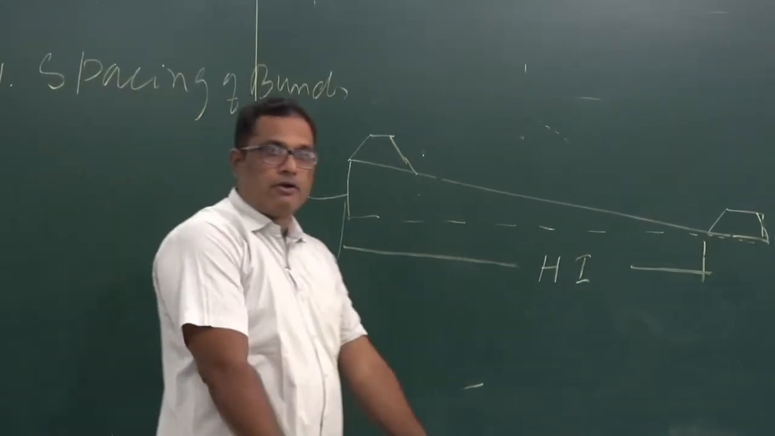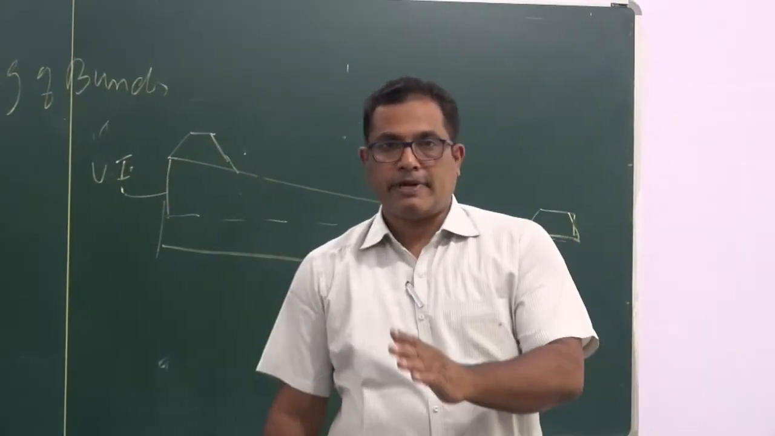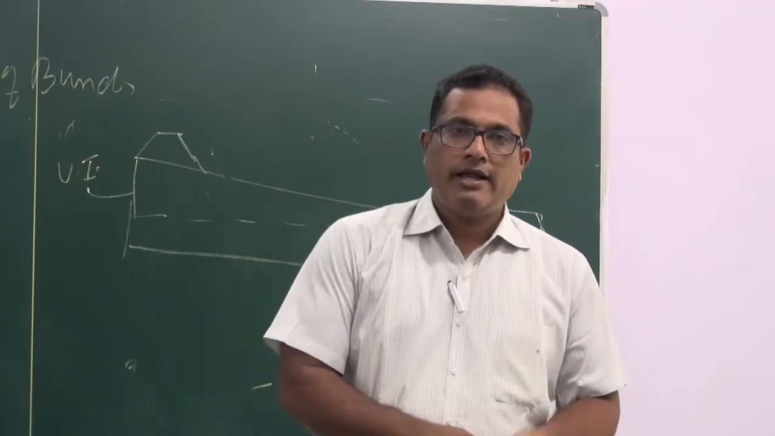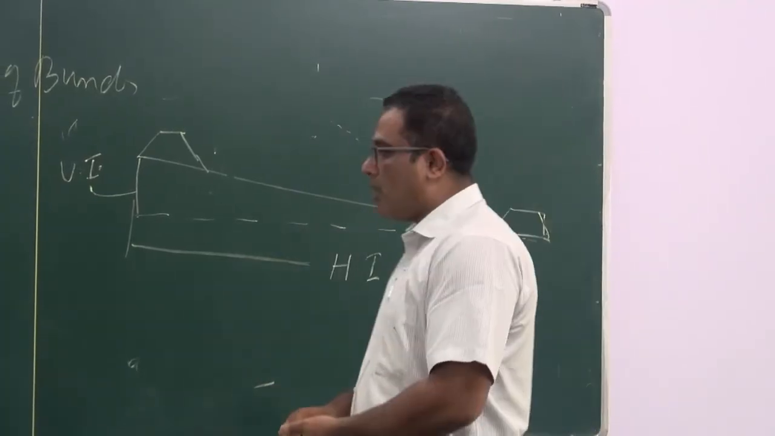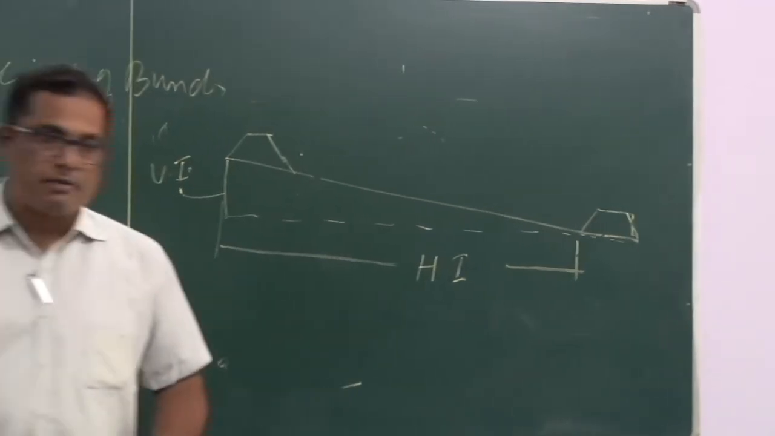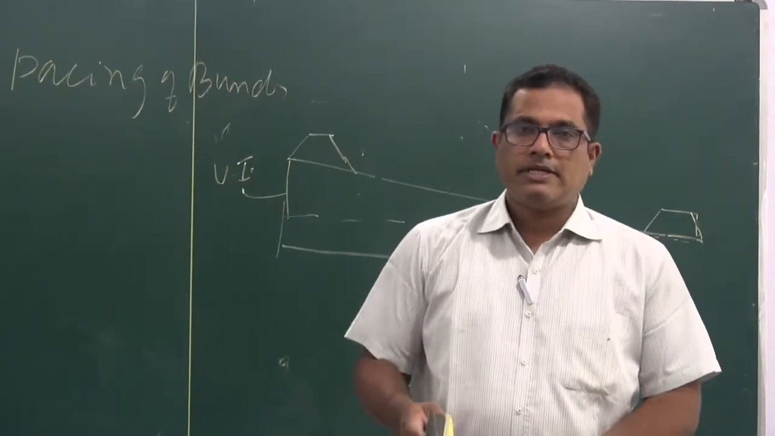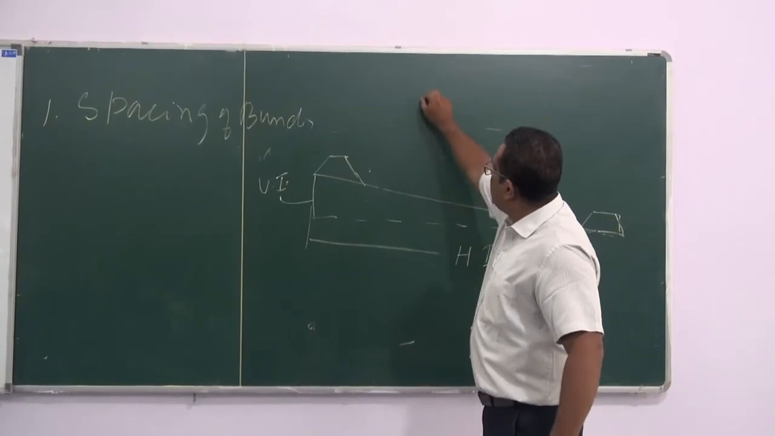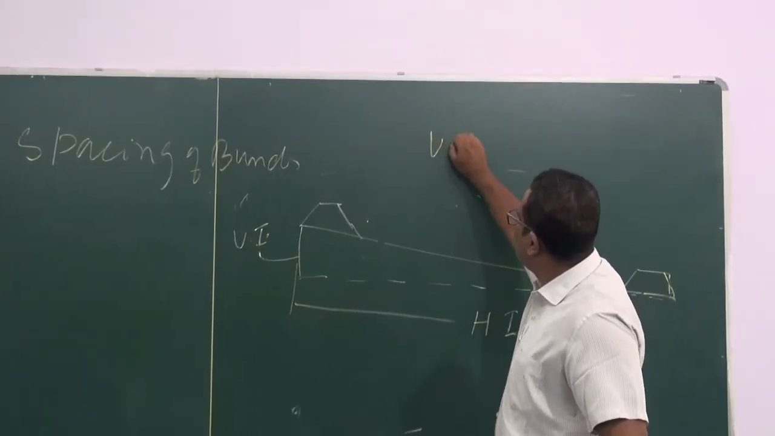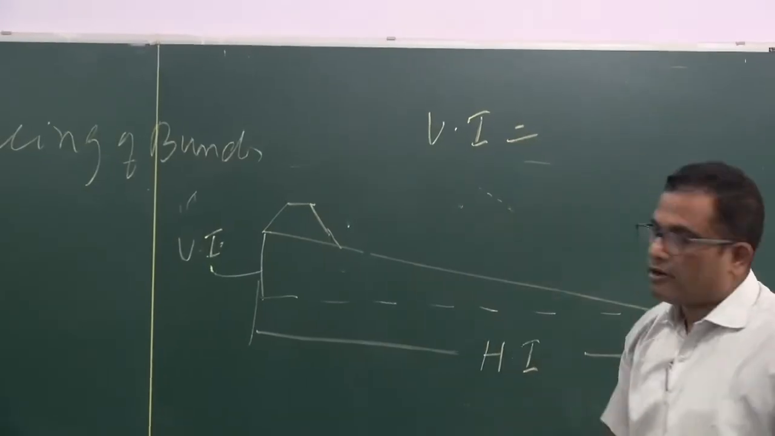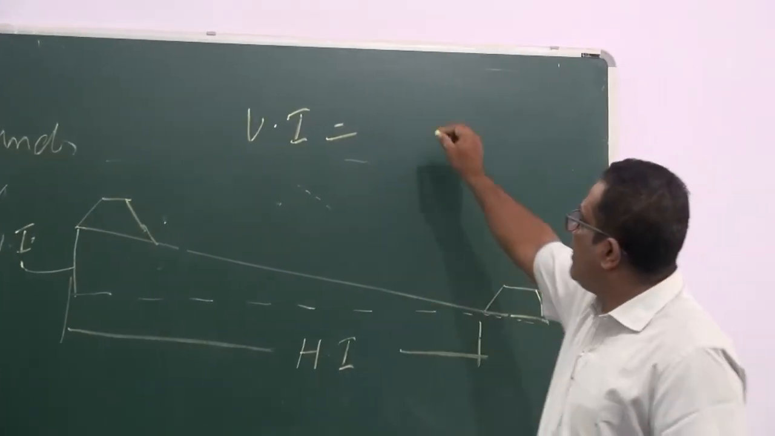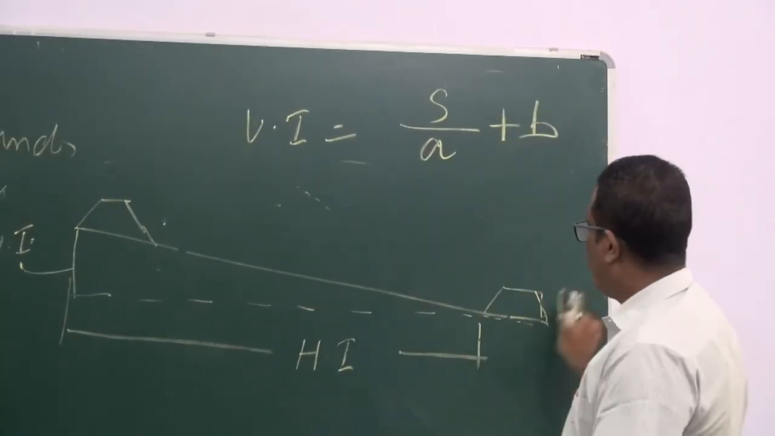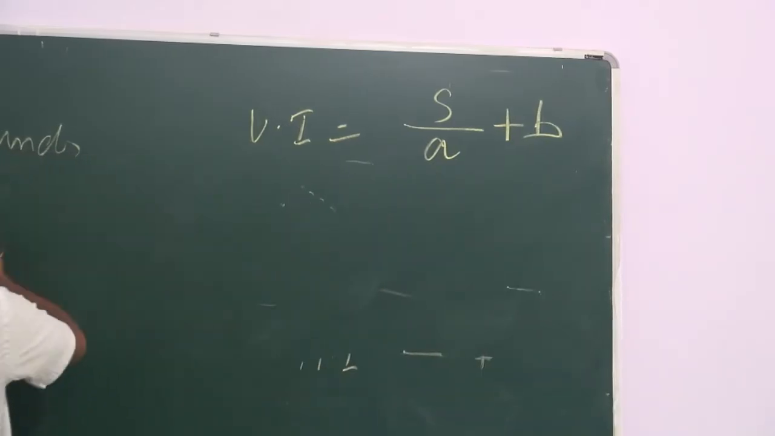So design of bund also involves finding out the spacing between two bunds. How do we find the spacing between two bunds? By knowing the vertical as well as the horizontal interval. There are some empirical formulas, there are many formulas, but for simplicity we will be discussing one formula. So the vertical interval between two bunds is given by the formula S by A plus B,